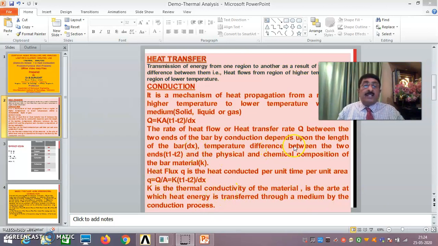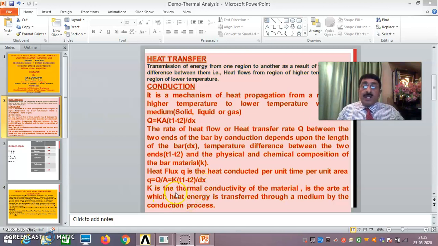See here, this is heat transfer rate Q is equal to KA T1 minus T2 divided by dx. Our small q is called the heat flux. That is, whatever is the heat transfer rate divided by area of cross section, that is perpendicular to heat flow. Whatever is the area, that is divided by that. That will be K into T1 minus T2 divided by dx. That is, the heat flux depends on K, that is directly proportional to K, directly proportional to T1 minus T2, inversely proportional to dx, that is the distance.